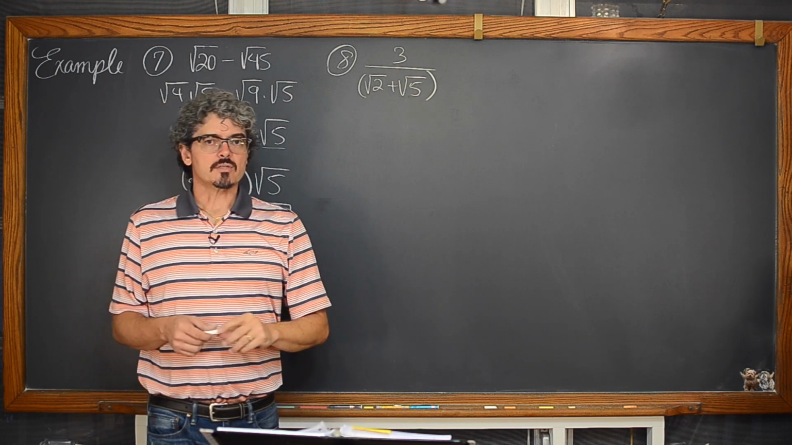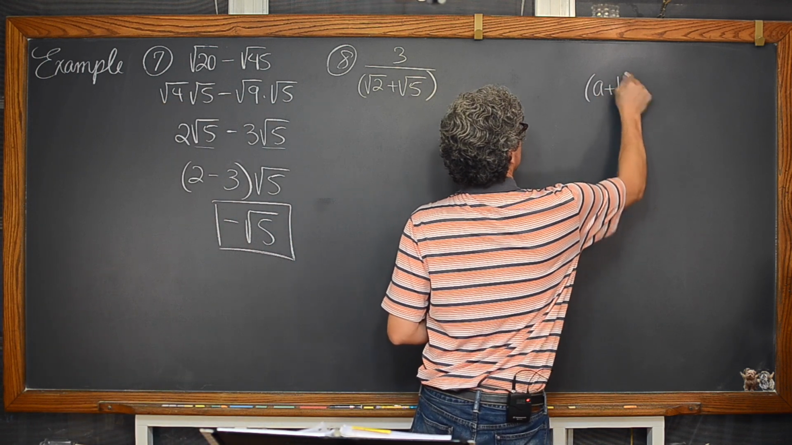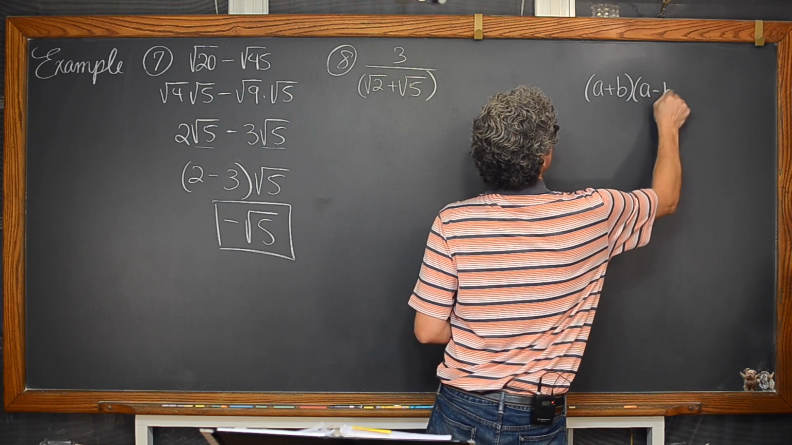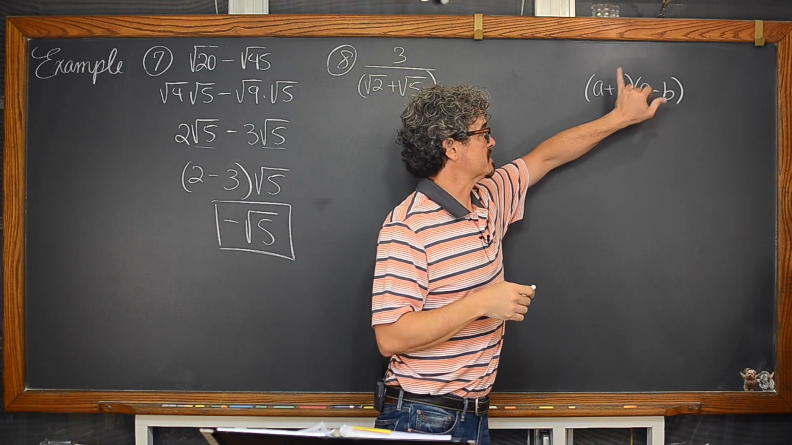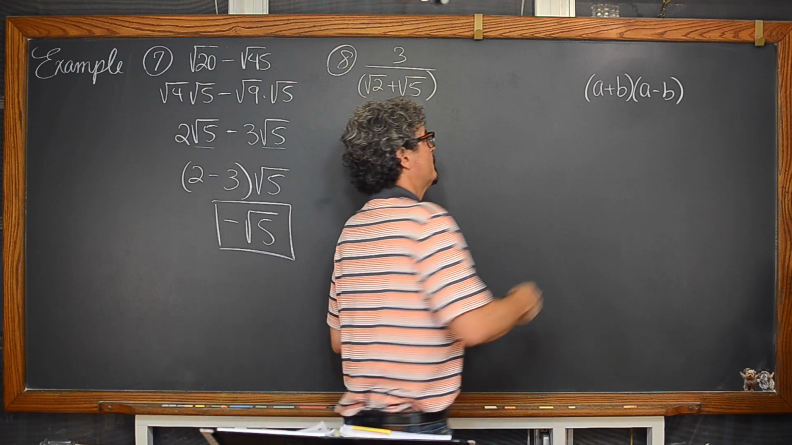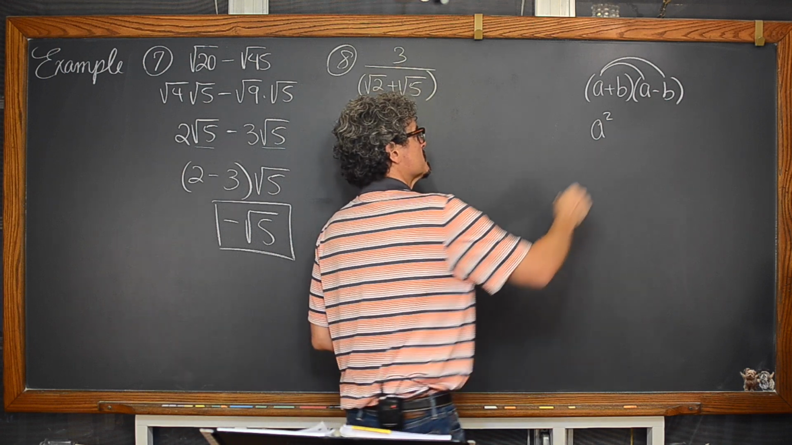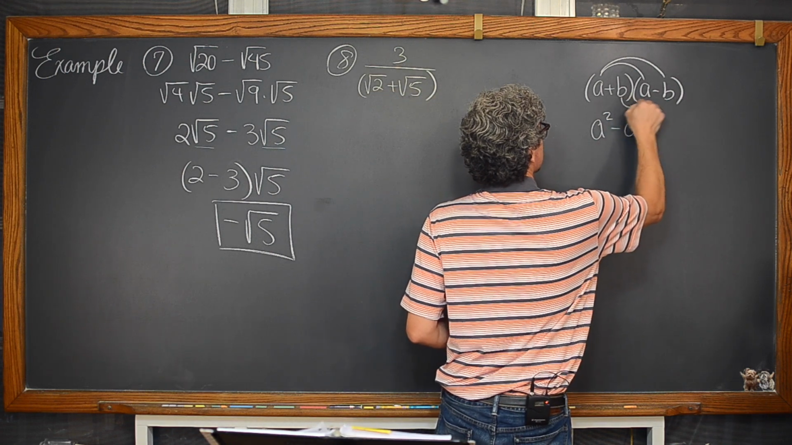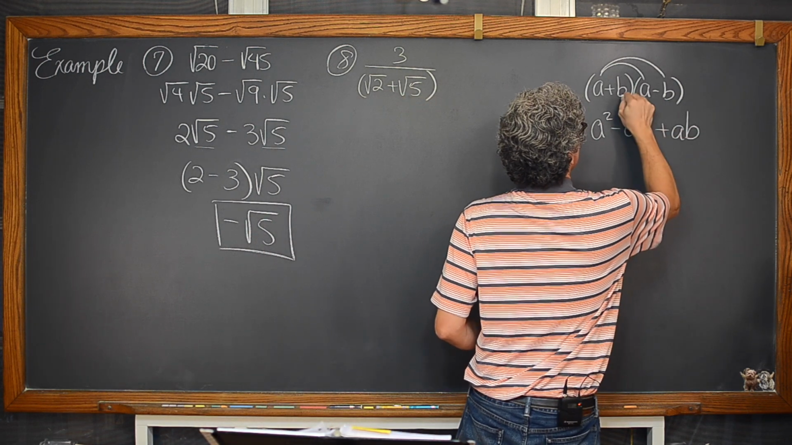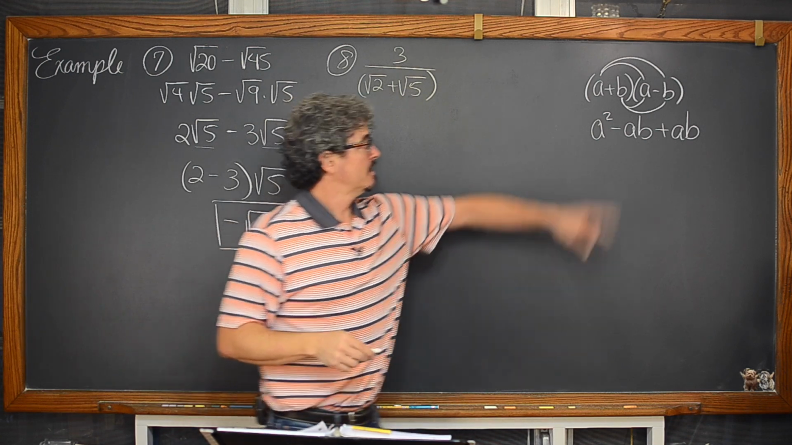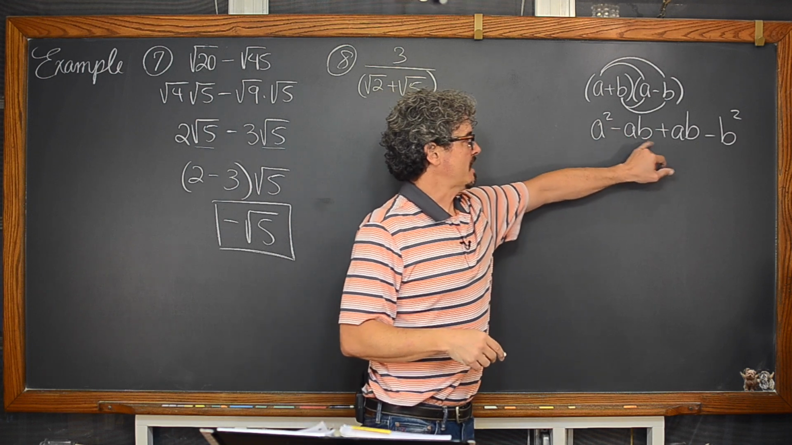How you rationalize this denominator is with the idea that a plus b times a minus b, if we take these two what's called conjugates, two binomials, one with a plus sign in the middle and one with a minus sign in the middle, if we distribute these together, we have a times a, which is a squared, a times negative b, which is negative ab. We have positive b times positive a, which is a plus ab term. And then we have positive b times negative b, which is negative b squared. Well, these inside terms of minus ab and plus ab,